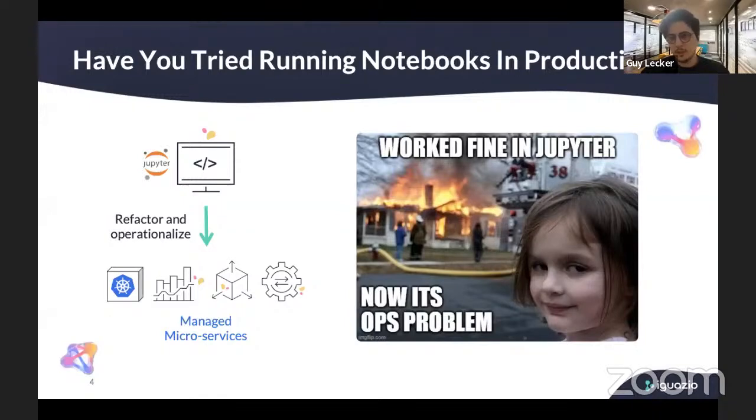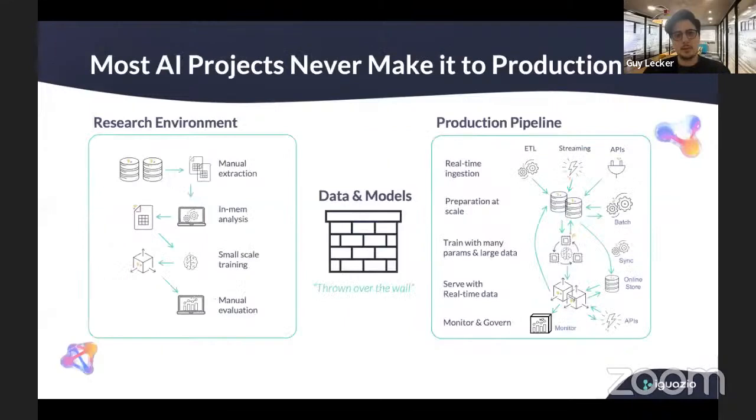Once it's working in your notebook, it's not that simple to put it in a Kubernetes pod, make it scalable, and write an API for the model for users to access it, and so on. So what happens is that almost 85% of models do not see the light of day